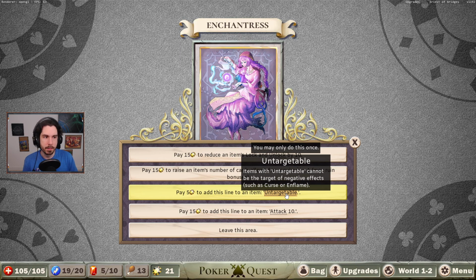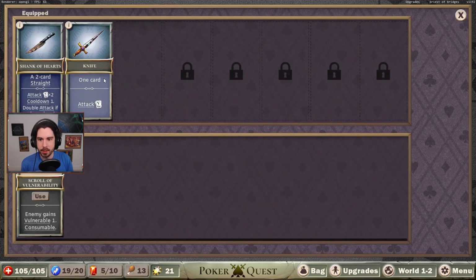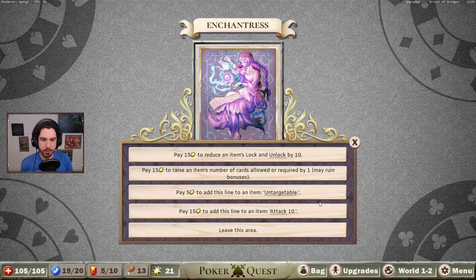So basically, if you have seen Dicey Dungeons before, you can have your items essentially cursed or have them burning where they deal damage to you. Attack 10 is also pretty strong. Honestly, I could add that one directly onto the knife as well, where no matter what you put in there, you're getting an extra 10, but